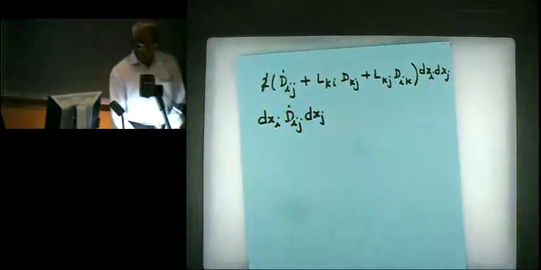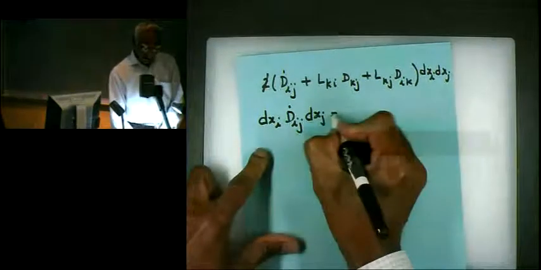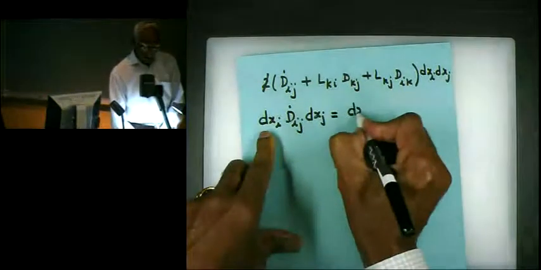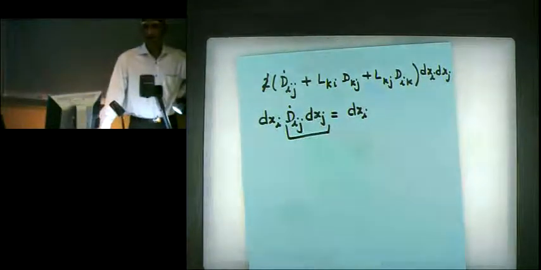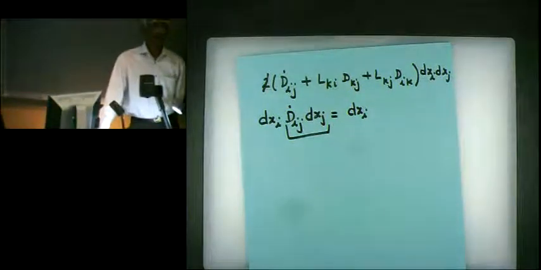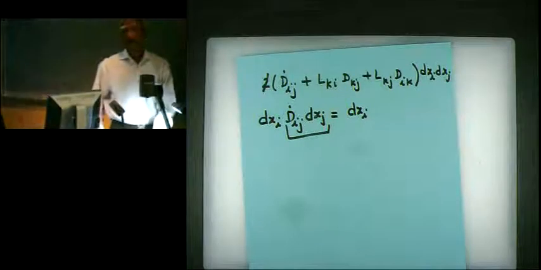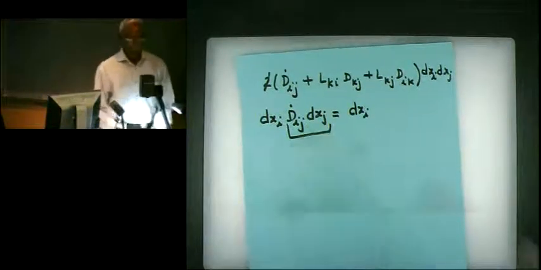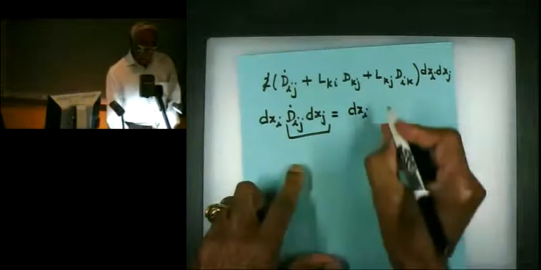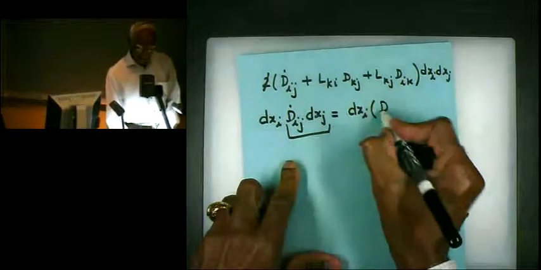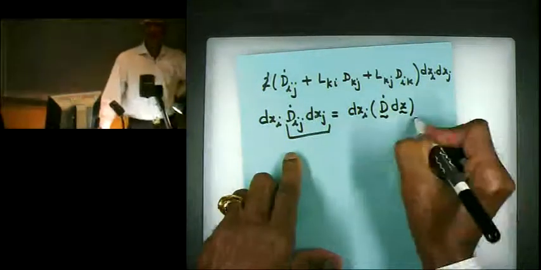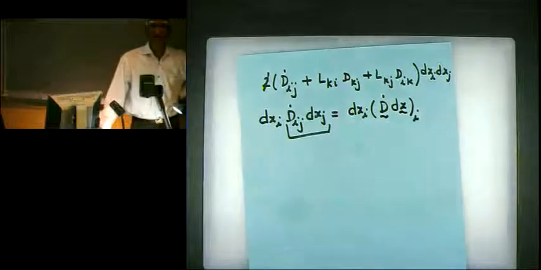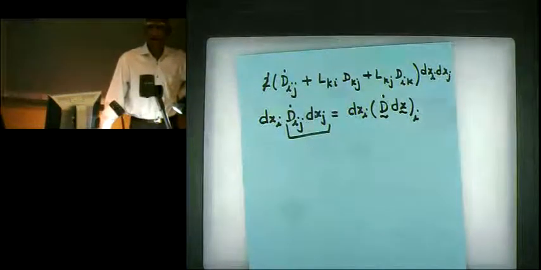So if you look at these two terms, that's matrix multiplication. That's dxj, dij is a second order or a 3 by 3 matrix, and this one is a vector, so it's a column matrix. So we can write that as d dot operating upon dx, and that's the ith component of that. Does it make sense? Because j is summed.